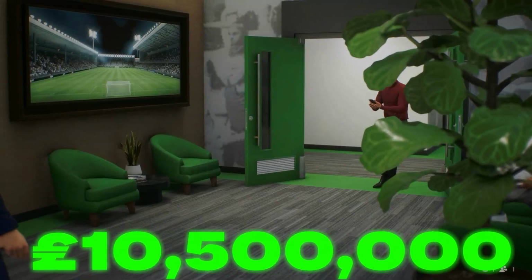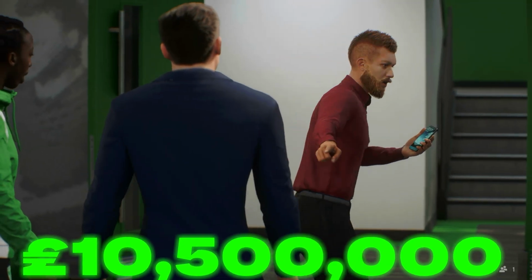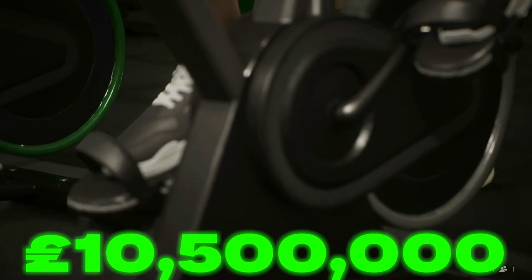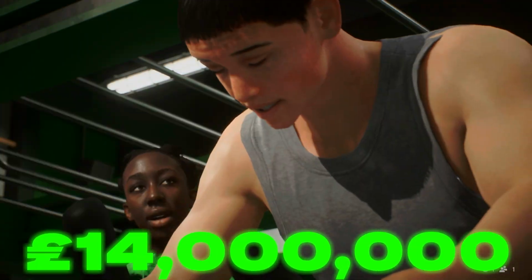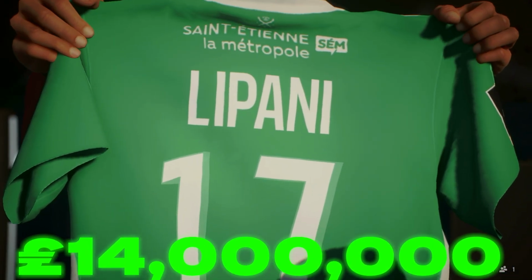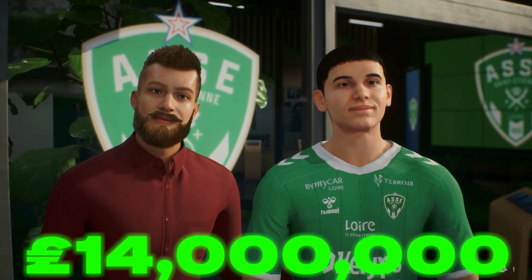So firstly, we went to pick up the centre-back, Herzog. This guy will replace Wolfenden as a much younger talent, and we picked him up for 10.5 million. What a signing for a 78 rated centre-back. We also picked up a new holding midfielder, the Italian. Lipani comes in to replace Pereira, the same rating, but much younger, so a really great piece of business there